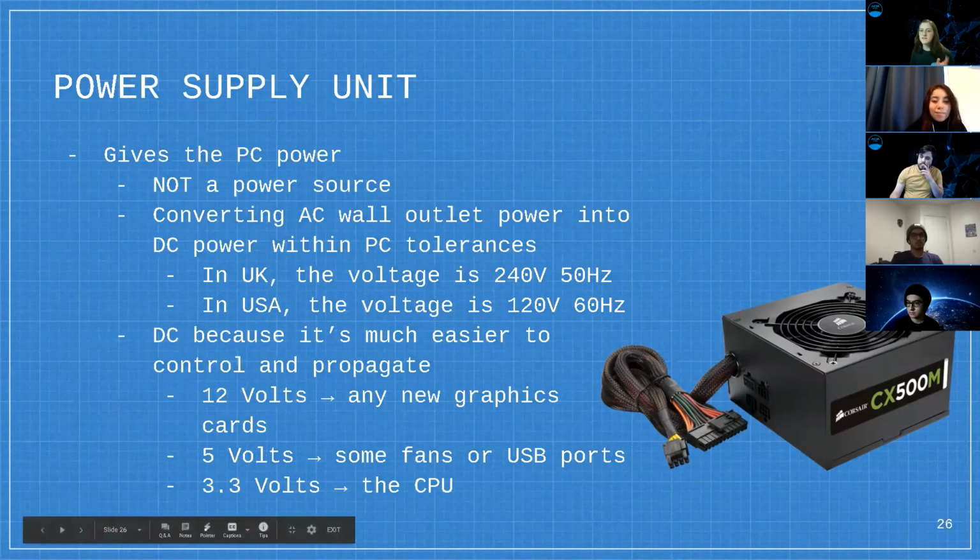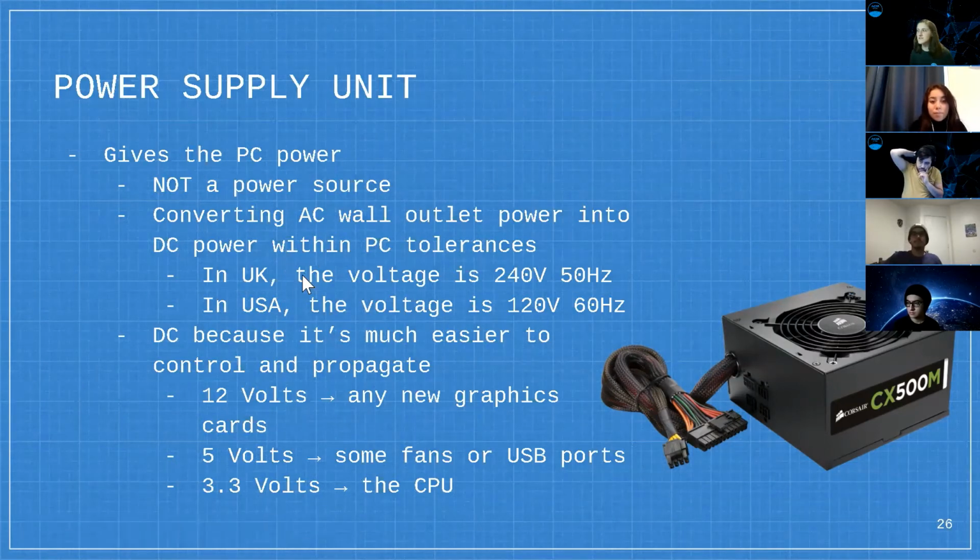So you see AC and DC. AC stands for alternating current because the current changes direction periodically, and DC just stands for direct current. It's interesting because different wall outlets have different levels of current. For example, in the UK, the voltage coming out of your wall outlet will be 240 volts, versus the US, where it's different. It'll take whatever that voltage and current is, and take it into the system,